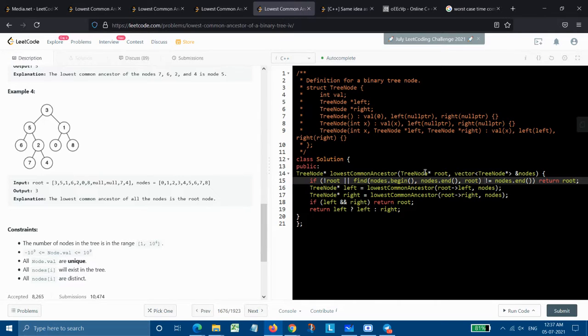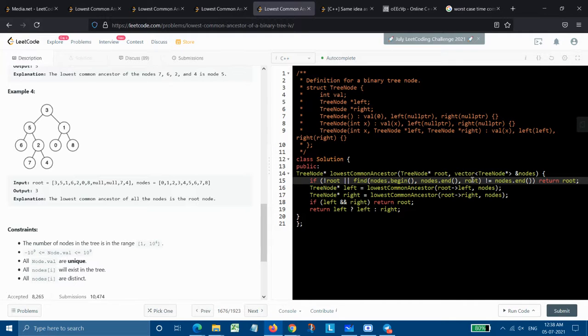So the modification we have done here is that we are finding that particular root in this node's vector, and if we encounter that root in it, then we will simply return that.